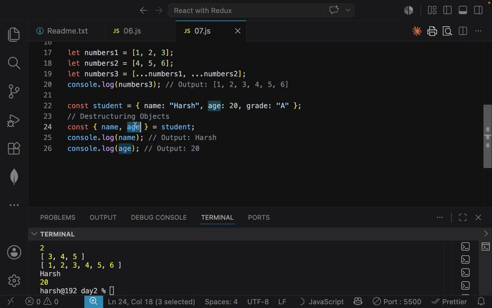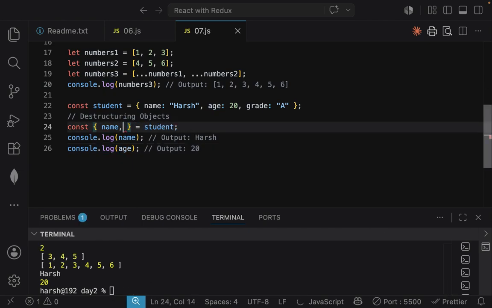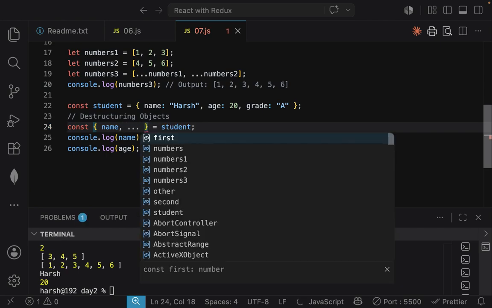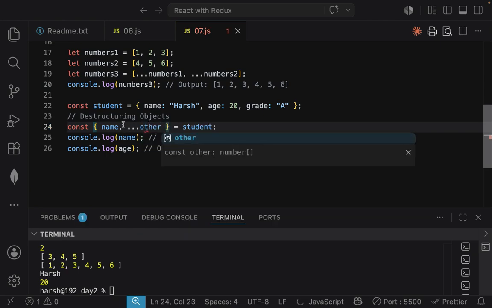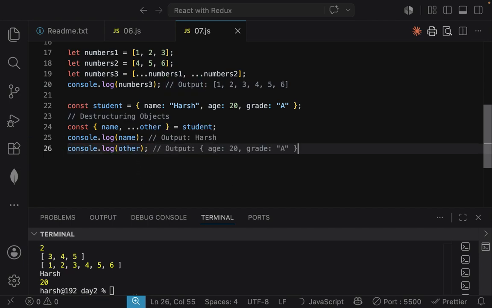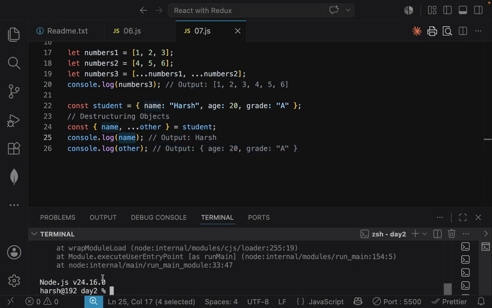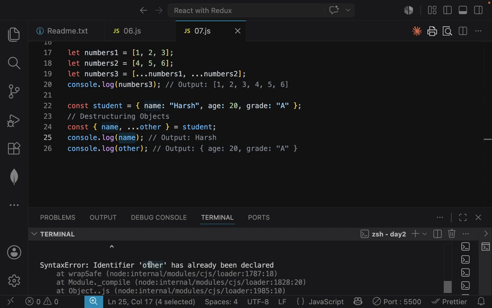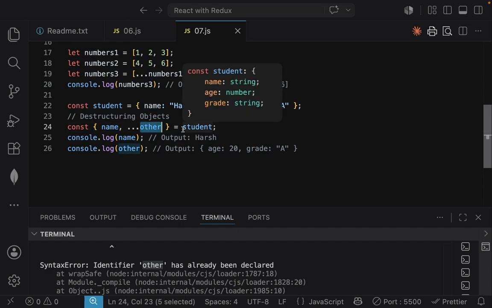Or suppose I'm saying, hey, I want to extract the name, but then all the other items will be in another variable. So in that case, the moment we use this, we can see the other contains the age and grade, because name we have already extracted. So when I'm running this code, you see I'm getting the error for other here, but I'm using name and then triple equal to, I just want to get the other